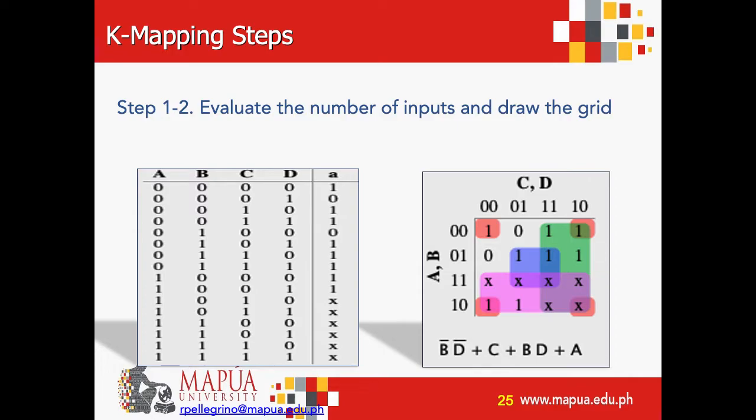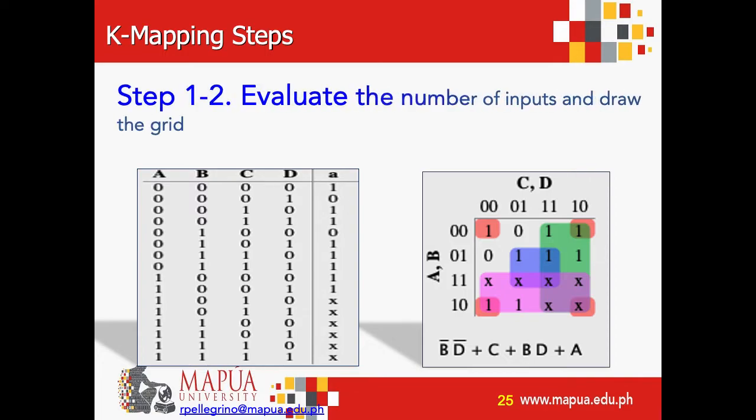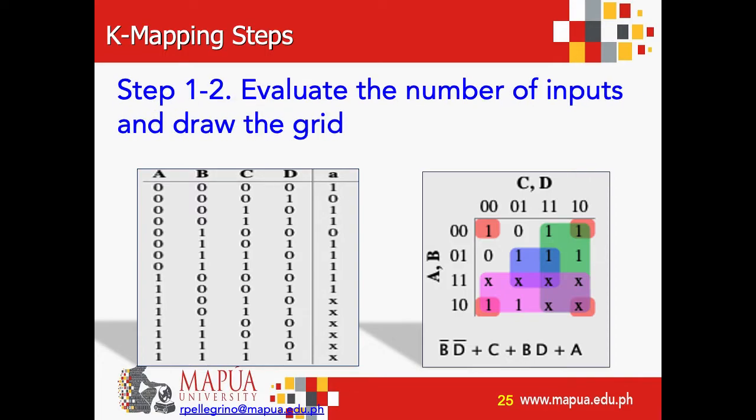We have here the K-mapping steps example, wherein we have the given inputs A, B, C, and D, and one of the outputs, that is the small letter A. So the first two steps will be to evaluate the number of inputs and draw the grid. In this case, A, B, C, and D, there are 4 inputs, which means we will have a 2